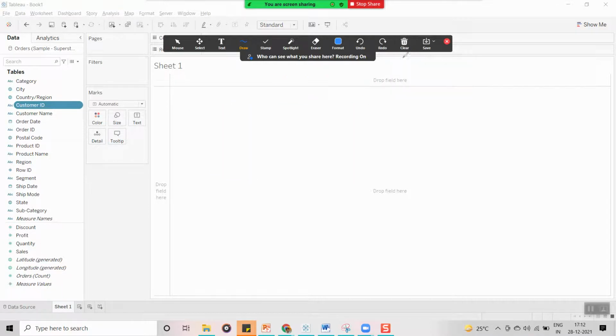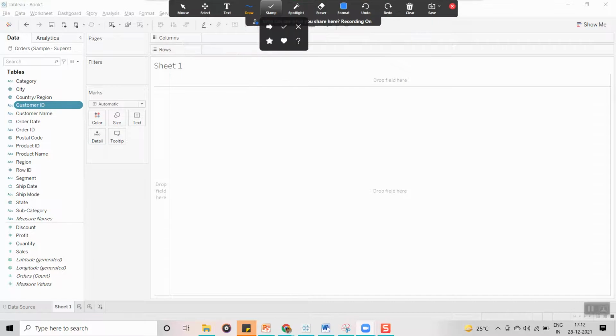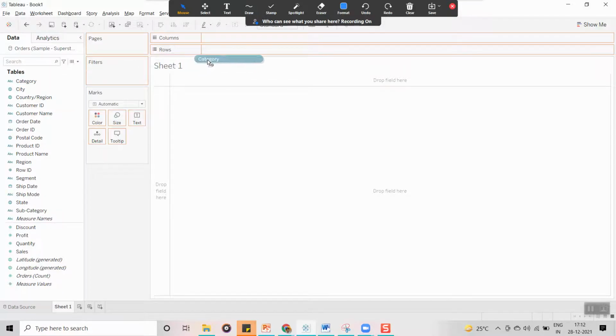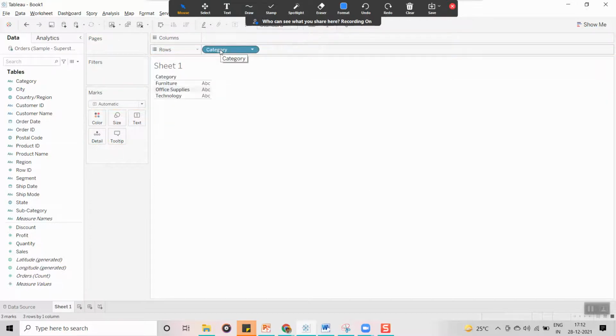Now I am going to drag one field from here, for example category. What data is in this category? We have furniture, office supplies, and technology, three different categories. This is a dimension, and it gives qualitative information.